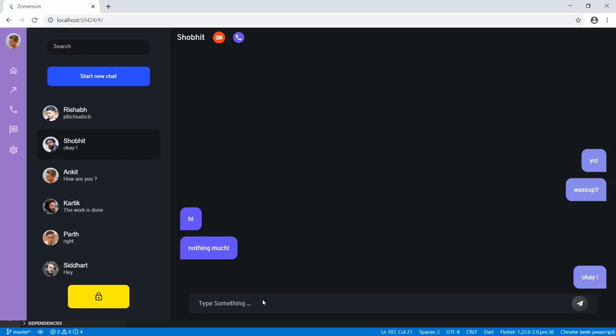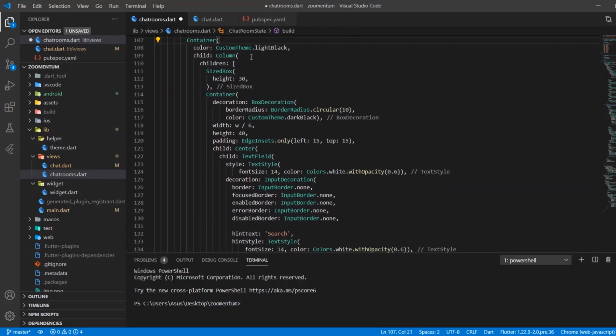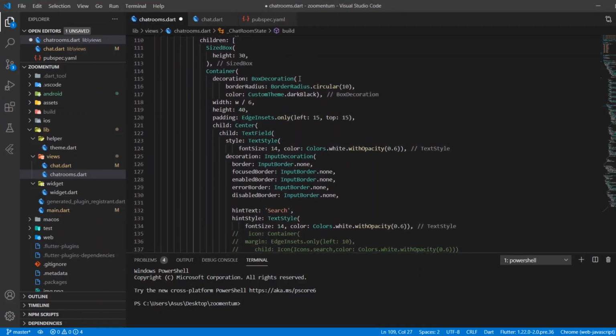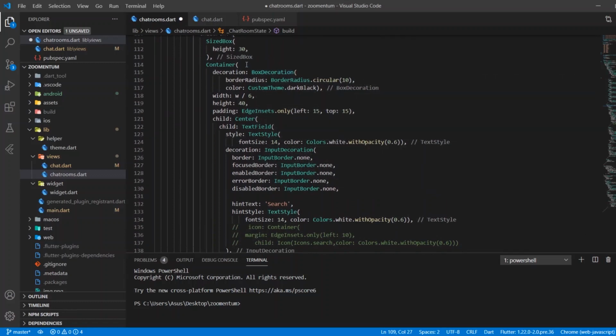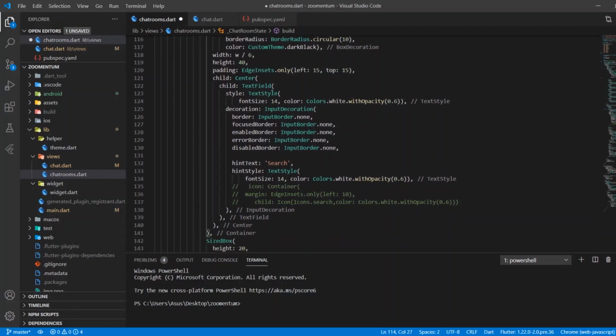Okay, so coming back to the code again, I've created a column, and in that column I have created three containers, I guess. The first container is for the search.